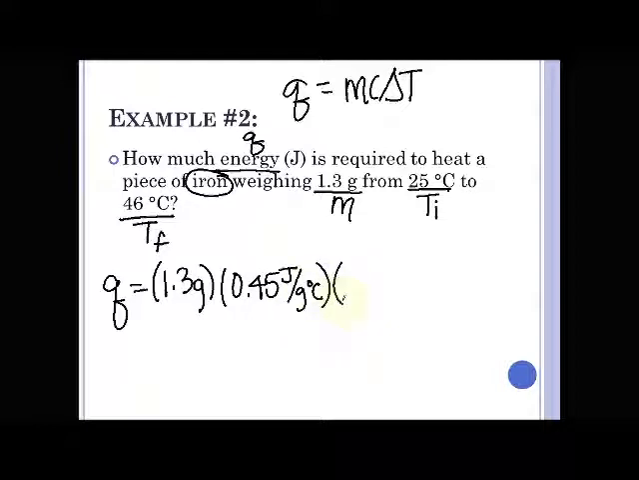And then last but not least, we need to take the change in temperature. If you would like to solve for the change in temperature first before plugging it in, you can. Or you plug it in and then solve for that first. So you're going to take 46 minus 25 for your change in temperature. So when we subtract those two,